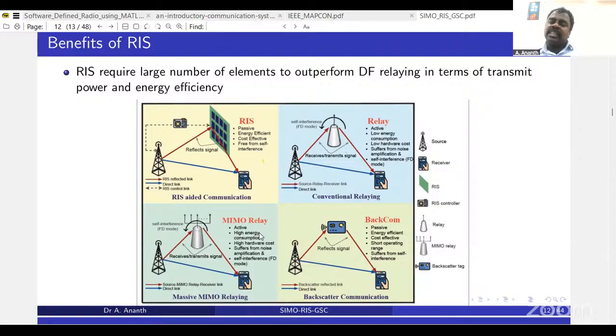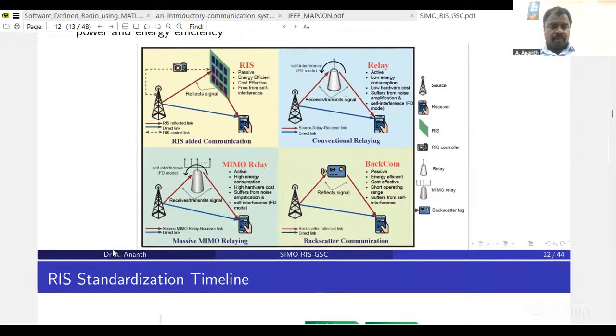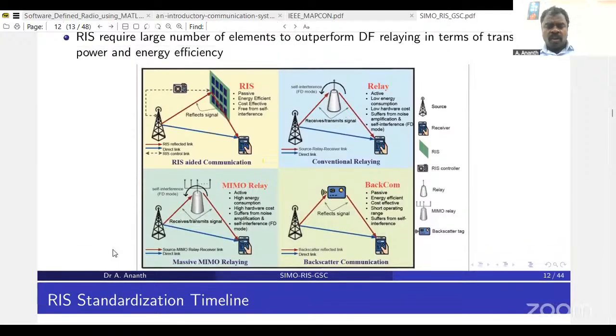we can attain the same principle of getting the signal through a dense blockage area to the particular destination. So this is one very good application, or benefit, of RIS. Similarly, we have something called backscatter. Again, RIS outperforms almost all of these techniques compared to the existing ones. Okay. So are there any questions